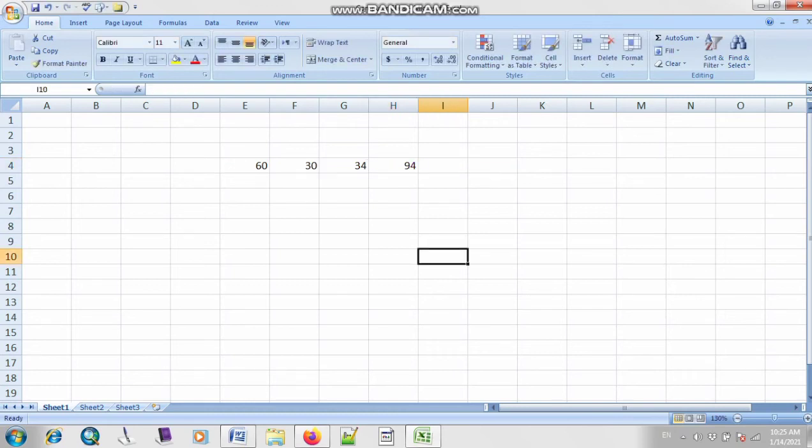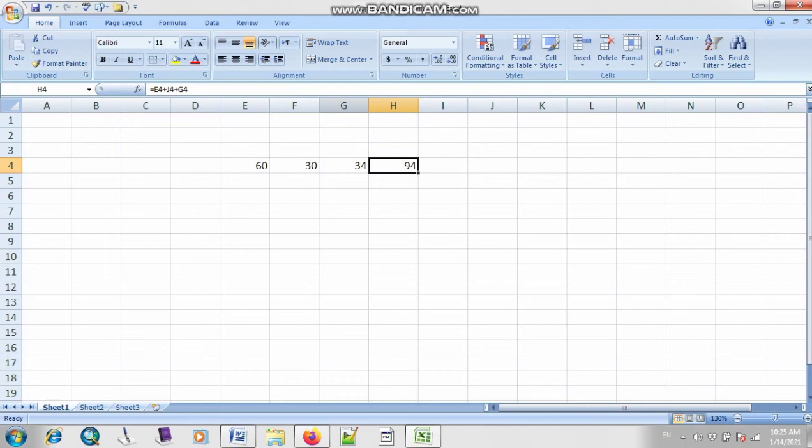So I hope this is clear to all the class, how we can use Microsoft Excel and how we can insert that data. Okay, now let's see if we also have the option of how we can, let's suppose I have written here 30, 34, 94. Now if I want to insert a new column, how can I insert? Like I want to add something here, then what should I do? Should I erase all the next data and then type it again? No. So there is an option of add column.